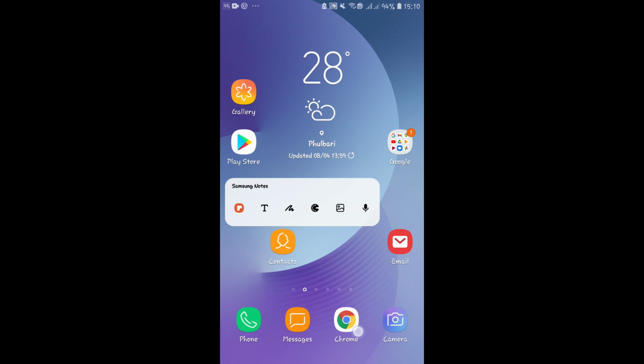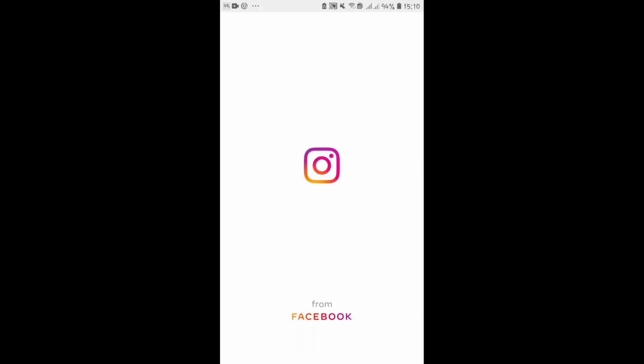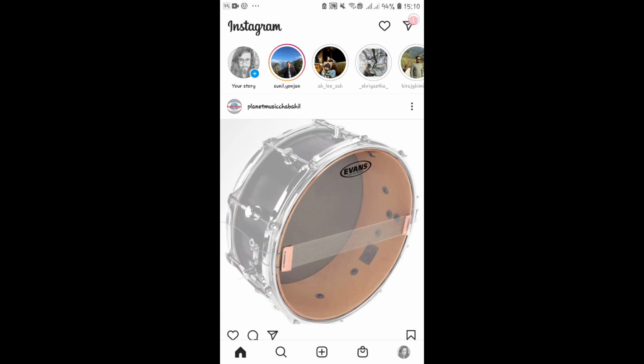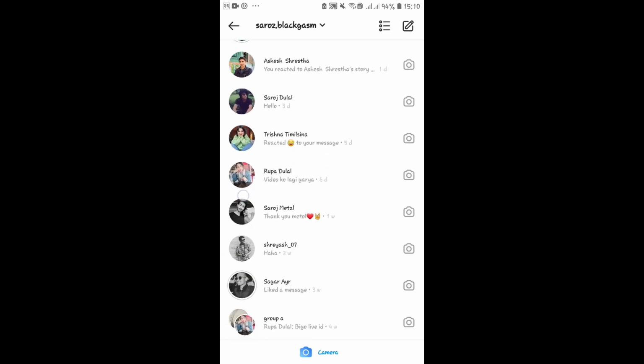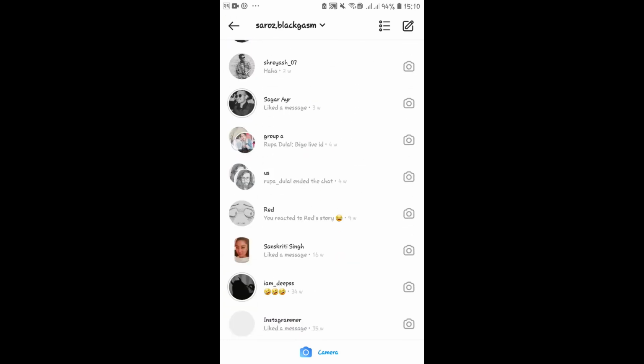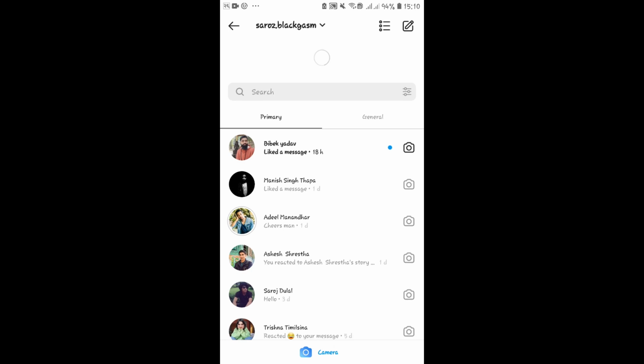Let's go into the Instagram application. Tap on the messages icon at the top right corner. In here you will find all of your conversations on Instagram. On your conversations list, if you are unable to find their activity status under their username, then go into your